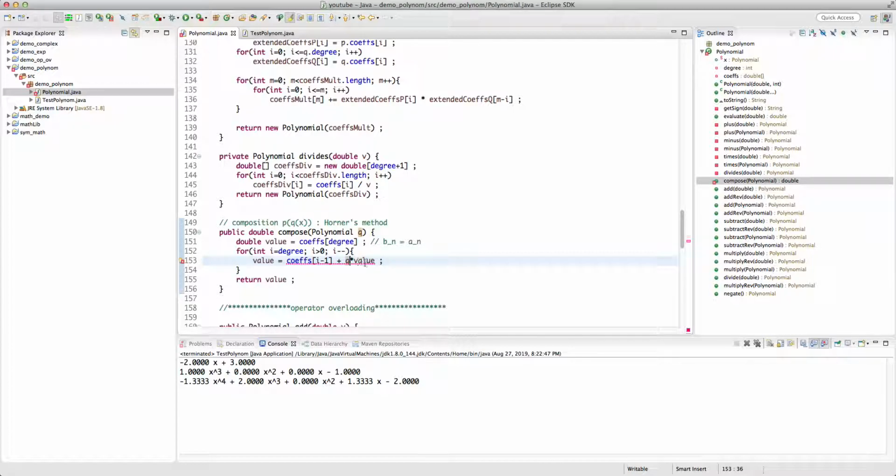Now obviously the problem here is that this value is not a polynomial. So basically instead of having a double for the value, we have to have a polynomial. All right, and then it should start with the